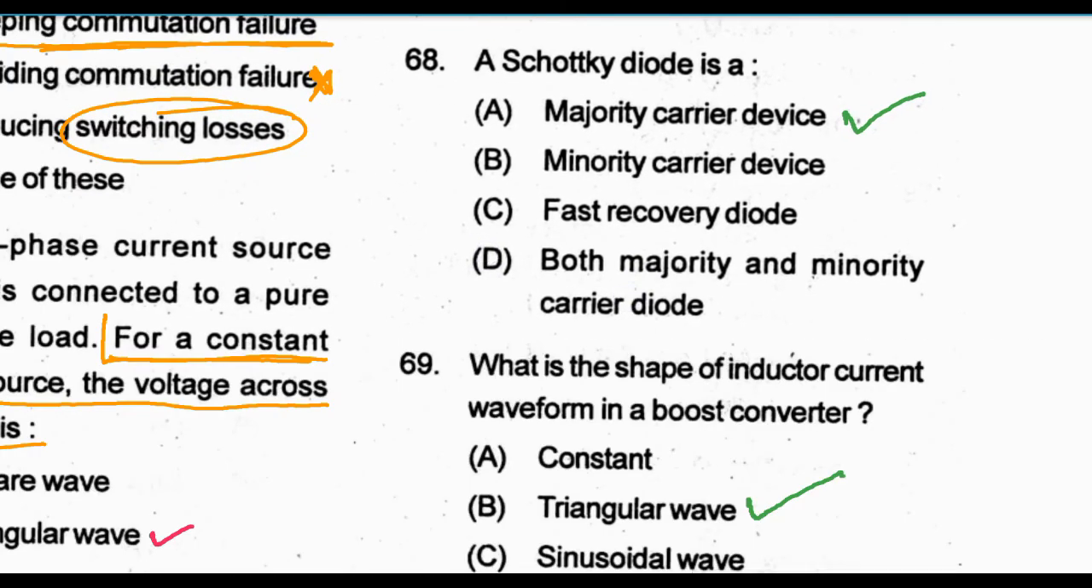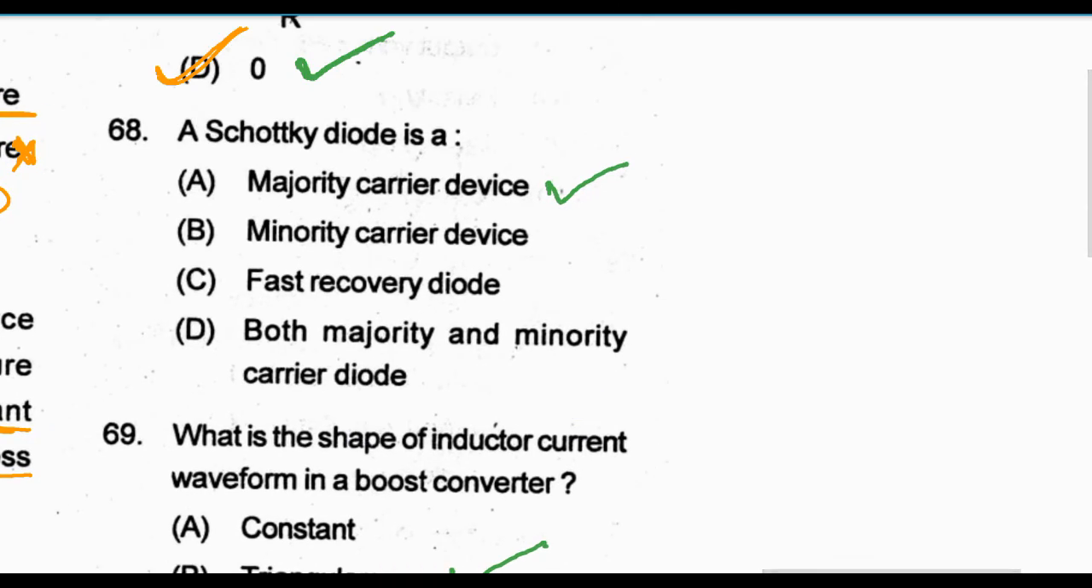Next is question number 68. A Schottky diode is option A, a majority carrier device, option B, a minority carrier device, option C, a fast recovery diode, option D, both majority and minority carrier diode. So a Schottky diode is not a p-n junction diode. This is an n-type semiconductor and metal junction. Generally the metal used is aluminum, and n-type silicon. Due to the n-type silicon, here the carrier is the electron only. So we can say that this is a majority carrier device only, not a minority carrier device, and here option A is